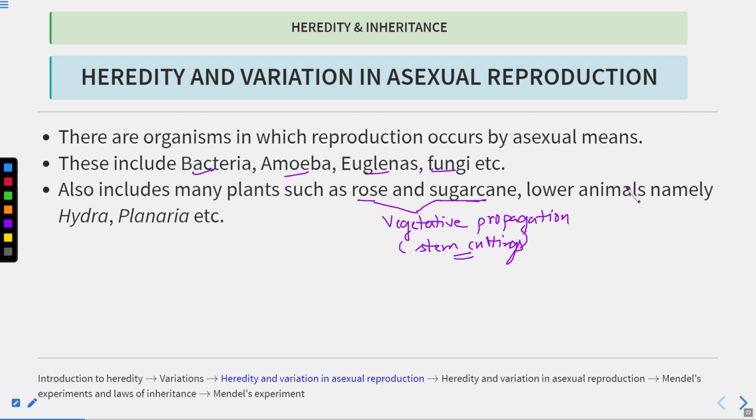All right, asexual reproduction also takes place in the hydra. So hydra reproduces with the help of budding, which is a type of asexual reproduction. If we talk about planaria, here regeneration takes place. So planaria divides by the process of regeneration. It cuts itself into two halves, and the two halves develop into new